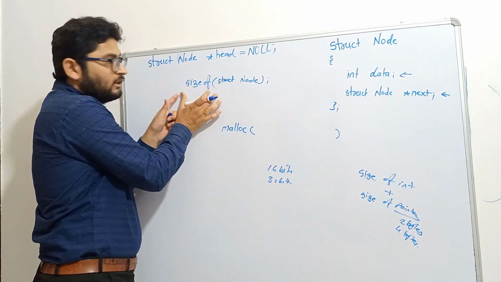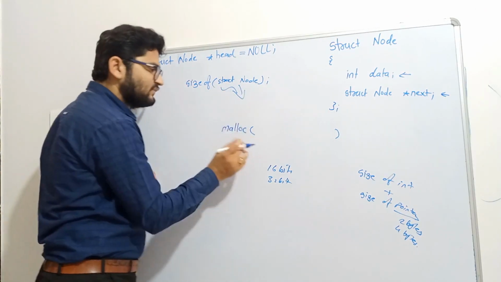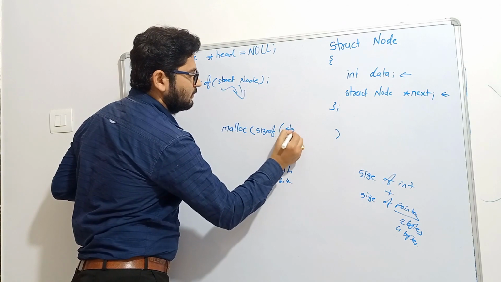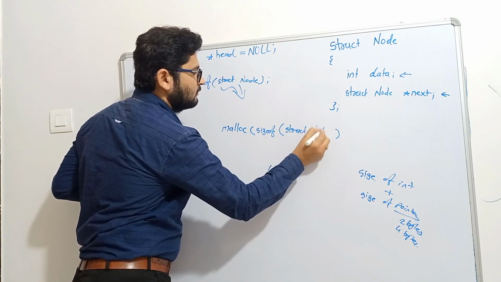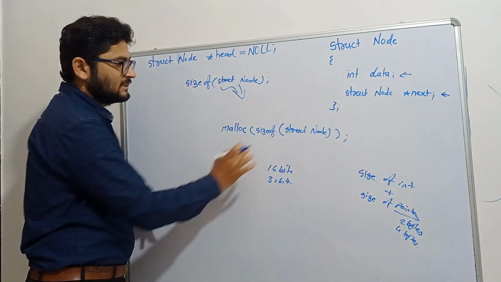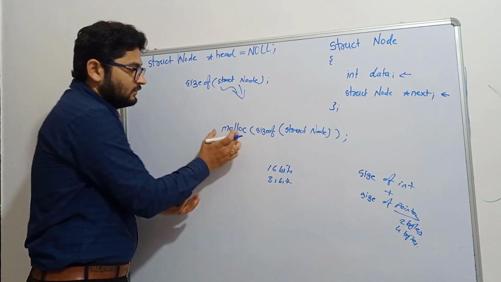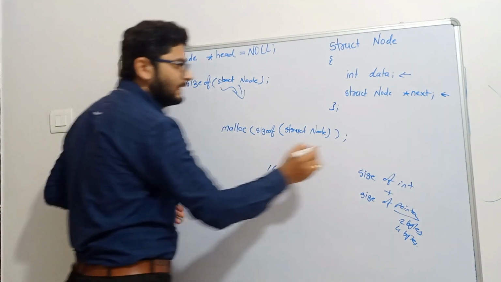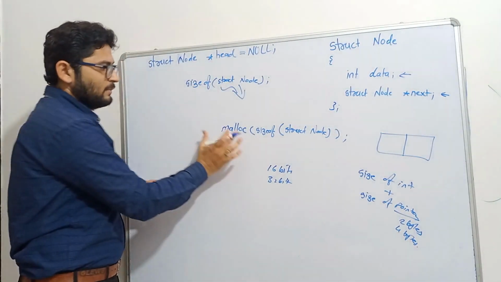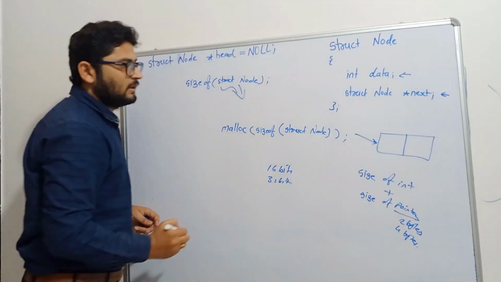So the sizeof function is going to return the size of struct node, and that is exactly what we need to provide to malloc. That's why here we write sizeof(struct node). Here, first we have passed this struct node to sizeof, so sizeof will find out the size required for this struct node, and that size we have passed to malloc. In this way, malloc will create one node of this structure and return a pointer. So malloc creates this much size in the memory and returns a pointer to that memory.